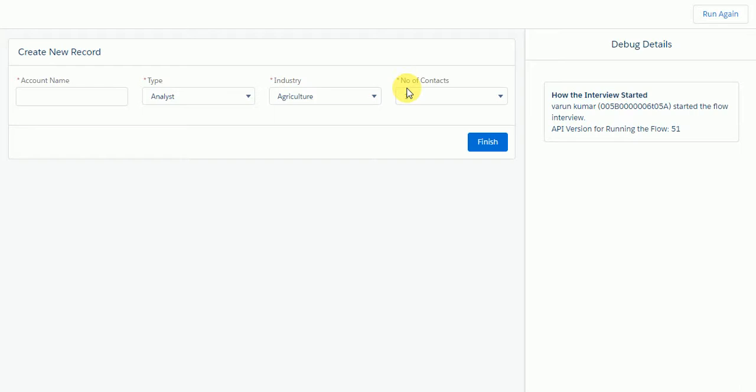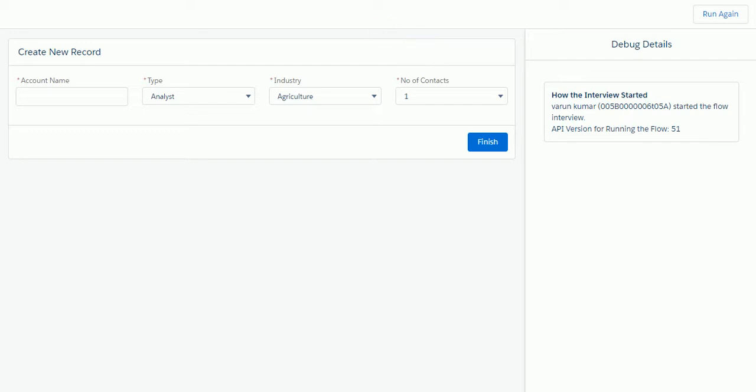So this is done, and the next step is, for example, based on the number of contacts we have to show screens. If the user selects number of contacts as 2, we have to show 2 screens. That means we have to place our screen inside a loop. But we did not get a feature to iterate the flow, I mean to add a loop element for a particular number. If you want to loop the screens 5 times or 4 times, we do not get that feature as of now. So we can just use a collection variable to iterate in flows. We have to get the collection variables to iterate and loop.